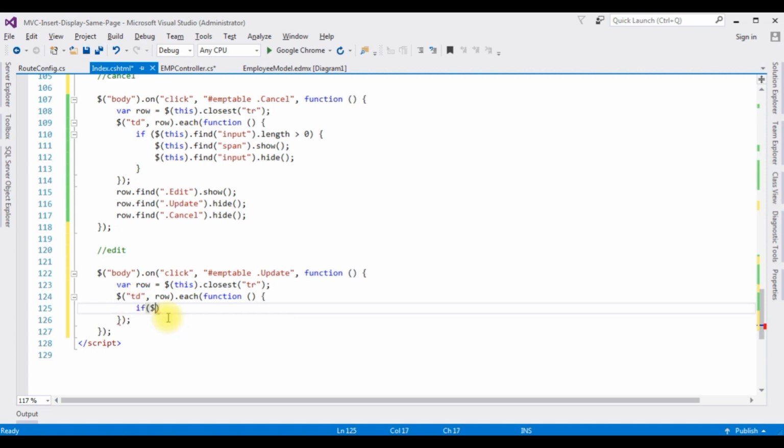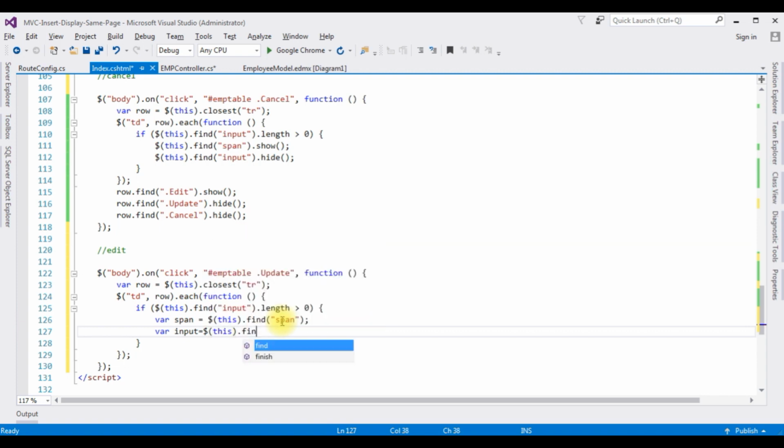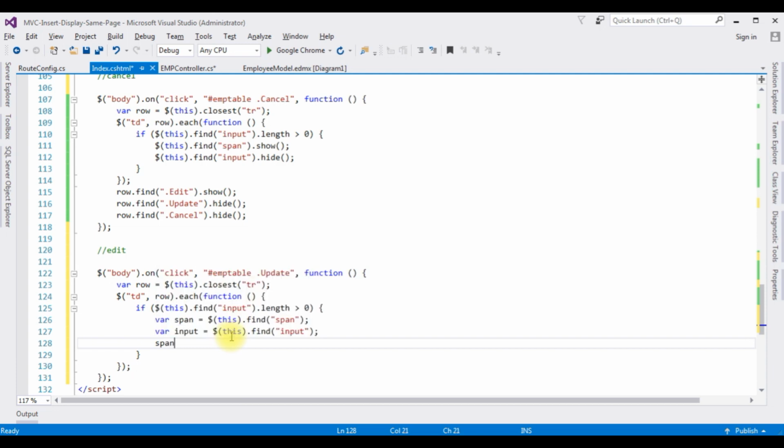if $(this).find("input").length is greater than 0, variable span is equal to $(this).find method, between double quotes I'm adding span tag, semicolon, variable input is equal to $(this).find("input"). span.html,